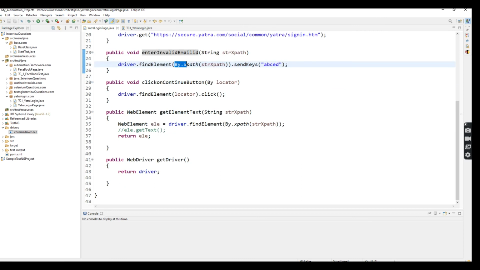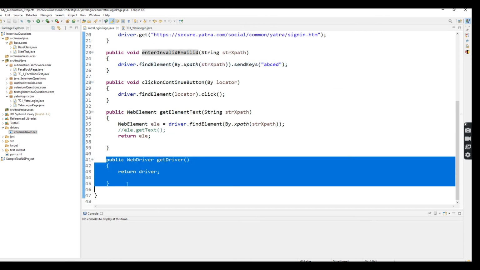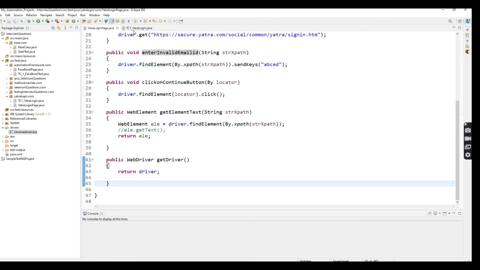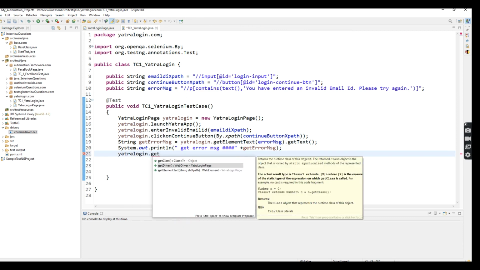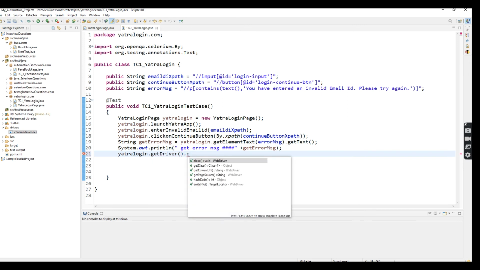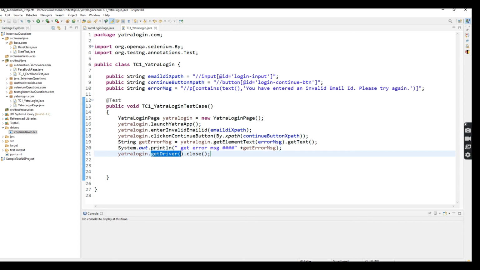So the last method is WebDriver. Here I've written the driver one, right? So what is the use of this one? If you want to perform any action after this, you can use it here. So entra login dot get driver dot close. I'm going to close the application. For that reason I directly use this method, which is get driver.